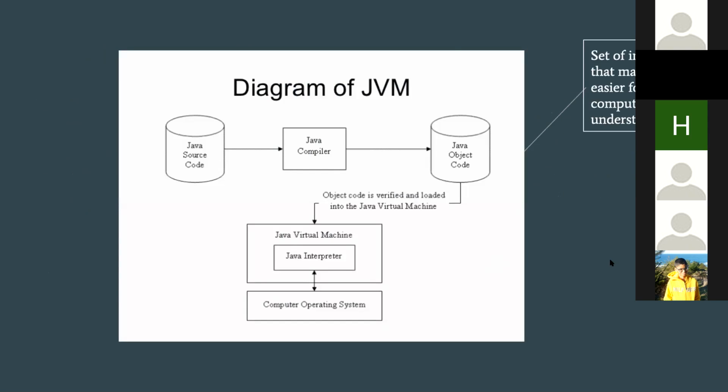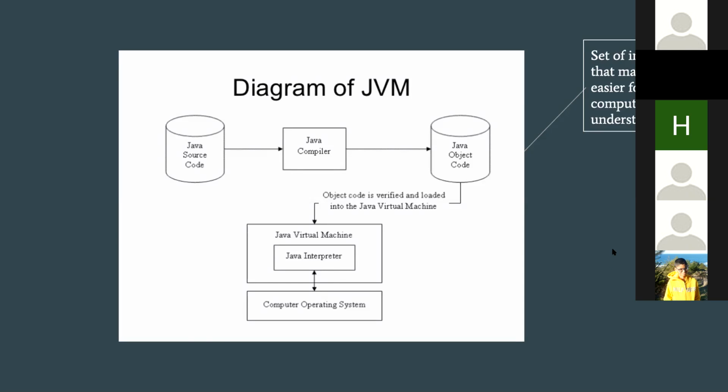So yeah, this is just a diagram of how the JVM works. Java source code is the source code that you and I write, the Java that we type. The Java compiler takes it and, like Rishi said, checks that whatever you've written is correct. Then it goes to the JVM. The JVM turns it into bytecode, and then it gives it to the computer, the computer's operating system, and the computer is able to execute whatever you have written.